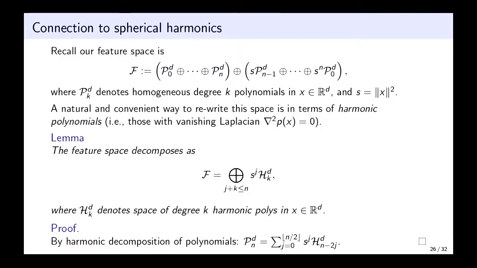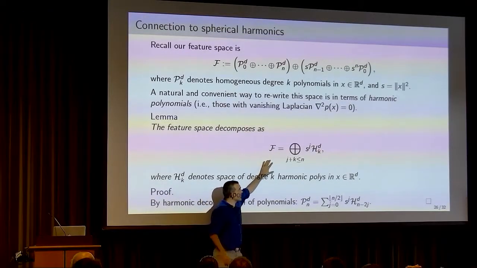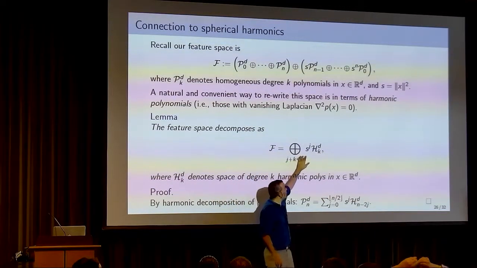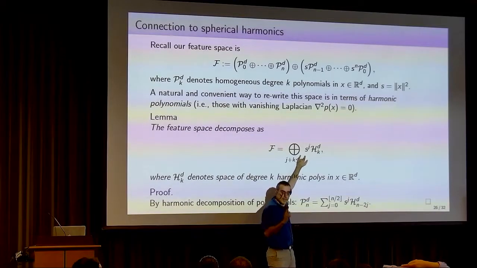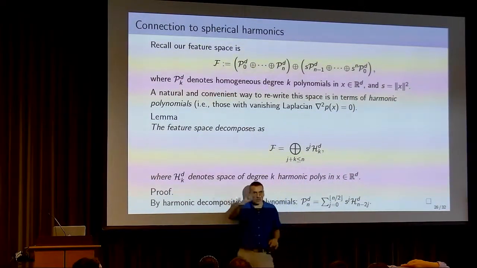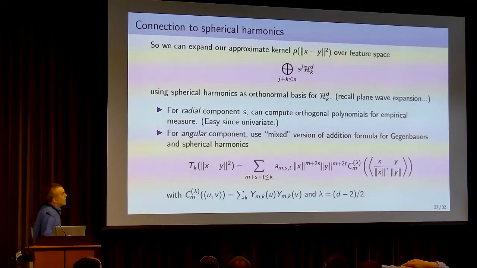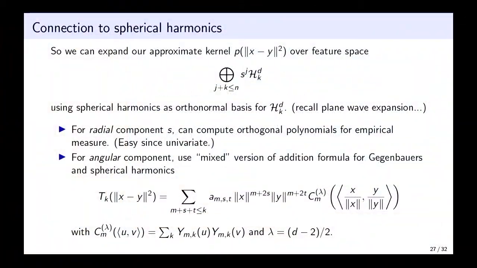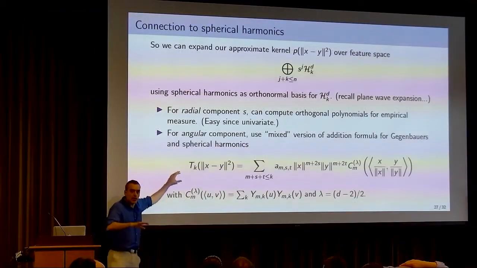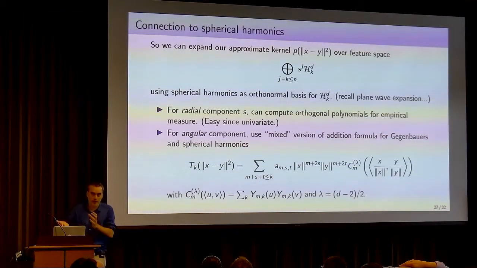And essentially this space of features is some kind of product space combination of functions that depend on the radial direction and functions that depend on the angular direction. Very much like in the Jacobi-Anger expansion that I talked about before. So this is really the expansion that you want to do. You want to expand your kernel using the formulation that I talked about before. In the radial component, you want to use some kind of orthogonal polynomials for the distribution of the radial direction. On the angular component, you want to use this higher order generalization of sines and cosines,